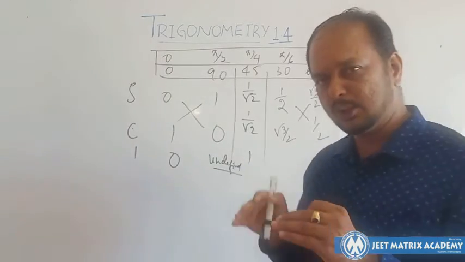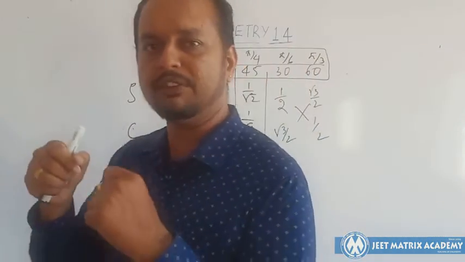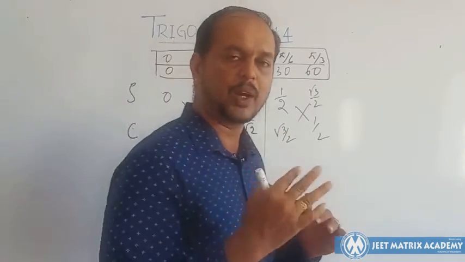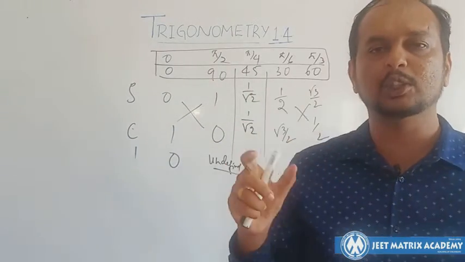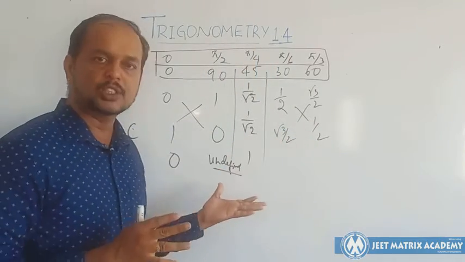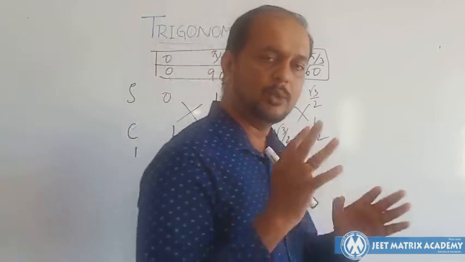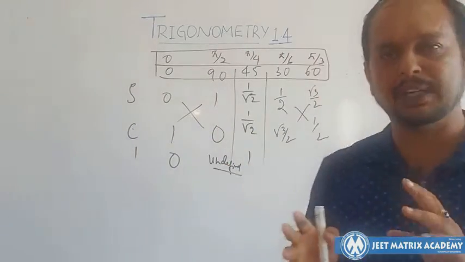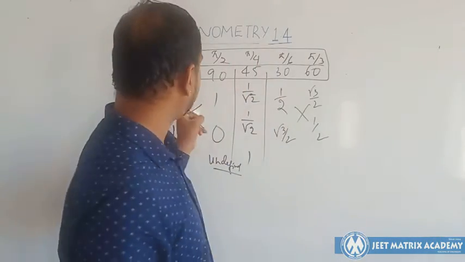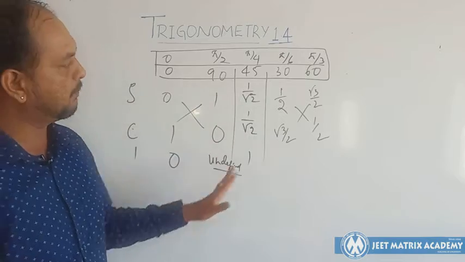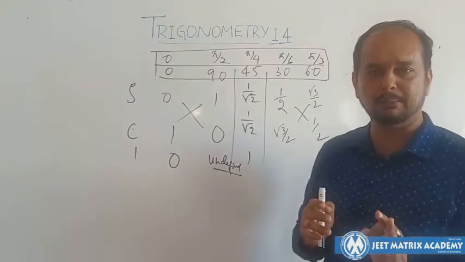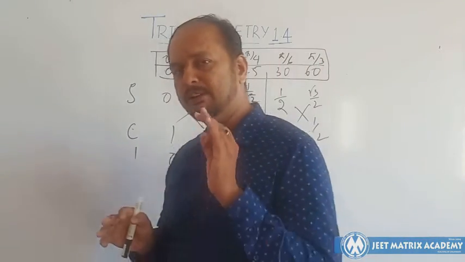But my sincere request and suggestion is, remember these things. Put in effort today. Put in your 5 minutes of effort to remember this chart. Interconnect one to one and try to create your own jokes and mnemonics related to these values. Create something with creativity yourself and try to remember. As I said, if sine 0 is 0, sine 90 is 1. So if you remember one, the rest you can remember. Interconnect somehow and put in effort to recall daily at least 5 minutes. I'll tell you, the rest of your job will be very easy.